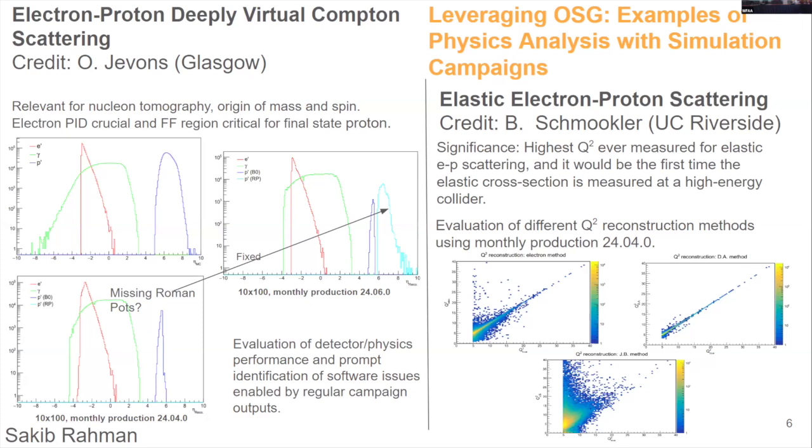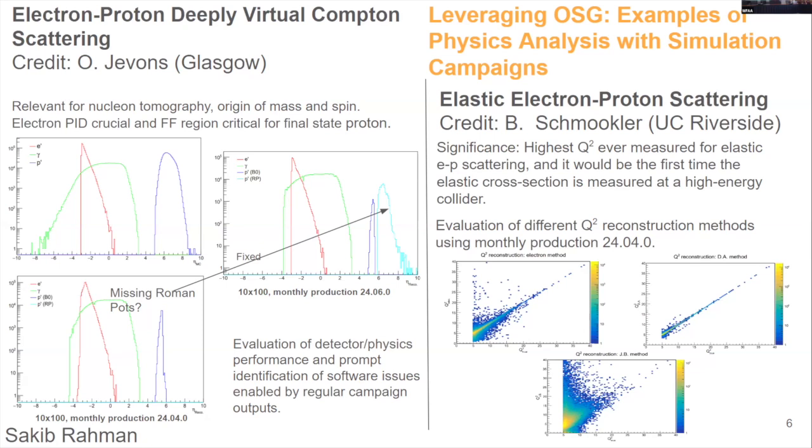If you look at our tagged productions, there's 24.04.0, the April production, and 24.06.0, the June production. The person looking at the April production sees that one of the detector outputs is missing from that plot. So immediately we know something's wrong, go fix the configuration,